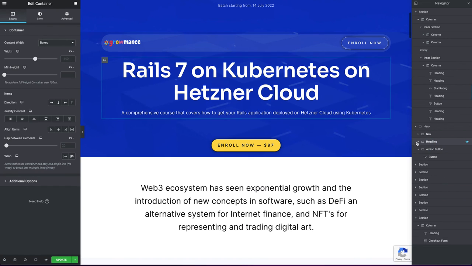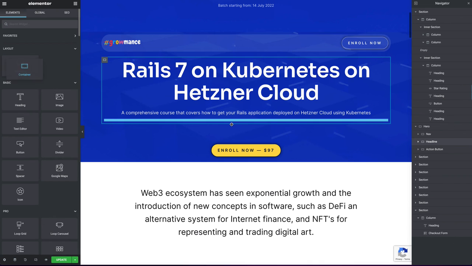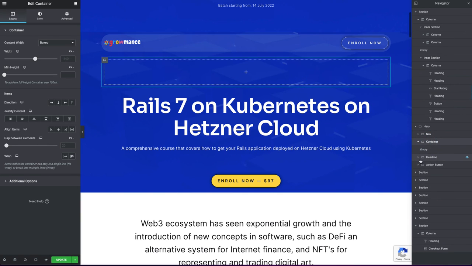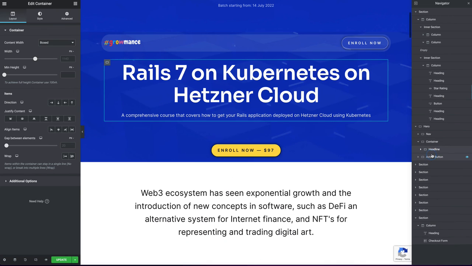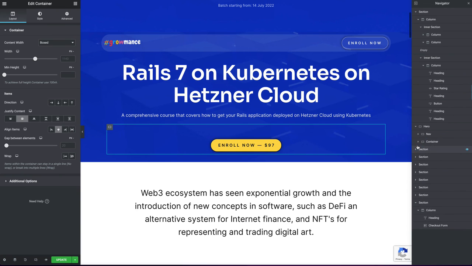so what we're going to do is to do it correctly when you're doing these kind of layouts, you can guess where we're going with this. We're going to add a container into the hero. If we can get it up somewhere for us. There we go. And then we're going to drag this above, and we're going to open this guy, and then we're going to drop the heading and the action button into